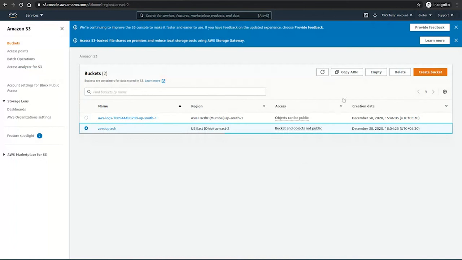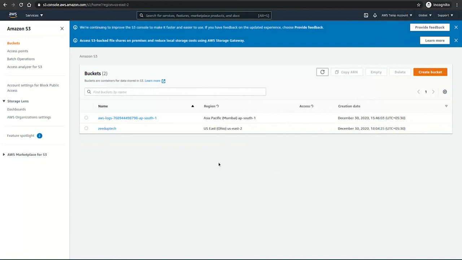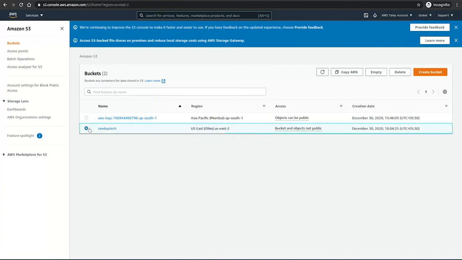So, emptying and deleting are two different options. Emptying meaning only the objects inside your bucket will be deleted. Deleting means the entire bucket will be deleted. For now, AWS does not have a provision to be able to restore a deleted S3 bucket unless you are manually maintaining a backup of the same. You can also refresh your bucket list, or you can also select a bucket and refresh that particular bucket. Options are wide and open for you.